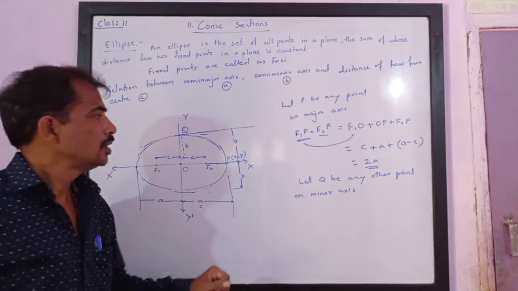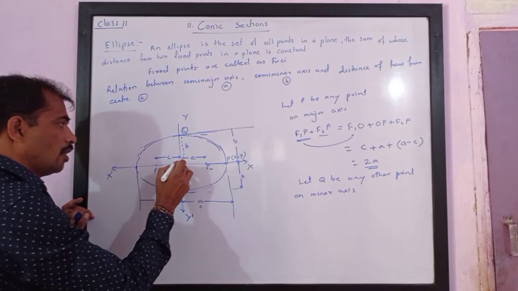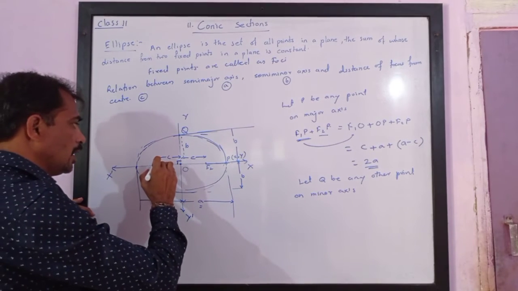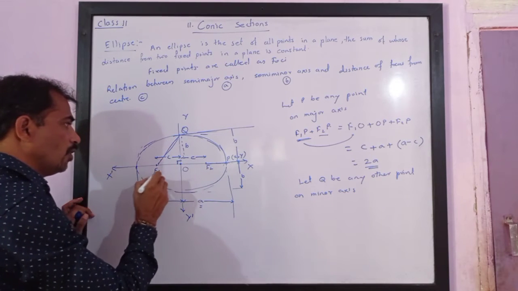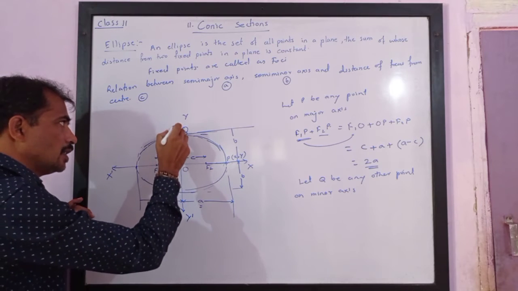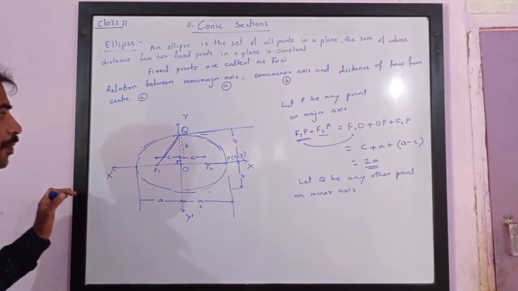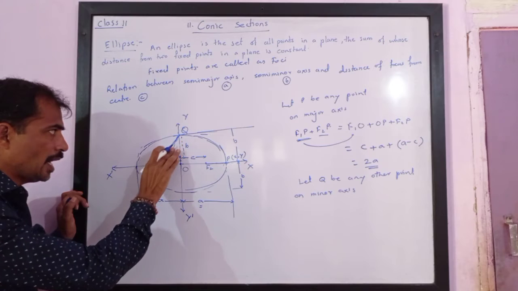Now please note, these are coordinate axes, the x-axis and y-axis. Coordinate axes are always perpendicular. So I am going to consider a triangle F1OQ, and this angle is the right angle. Coordinate axes intersect each other at right angles. So watch carefully. According to Pythagoras, this is a right angle triangle.